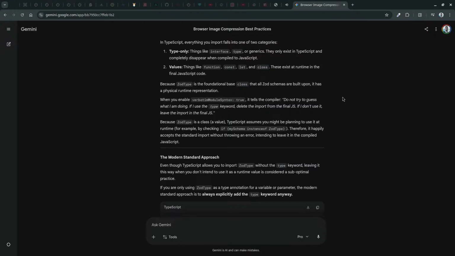Physical runtime representation when you enable it tells the compiler do not try to guess what I'm imports from files. Why don't you just leave the import in the final JS? Because that type is a class. But TypeScript assumes you might be planning to use it. Trying to